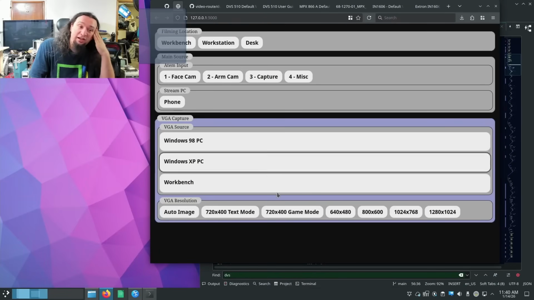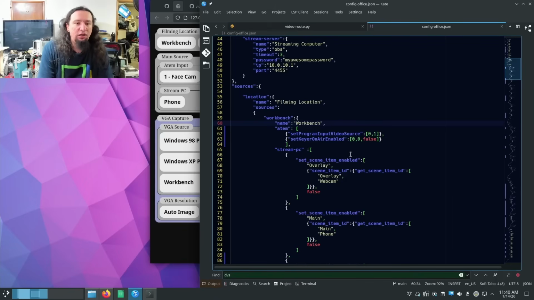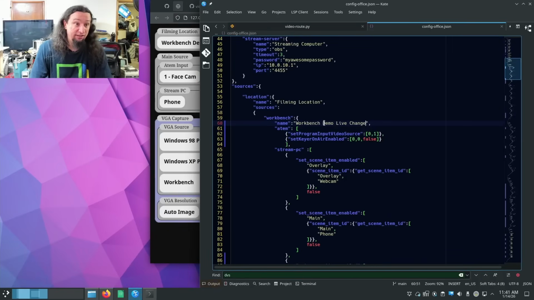Anyway, so we have these 3 big buttons up here, and you can see that they kind of do a lot of things. For Workbench, we can define the name that shows up for the button over here. And here's one of the cool things that I have done with this software. I can change the name here. So Workbench Demo Live Change. All right, all I'm gonna do is save the file and then refresh the page, and this is now changed. Every time you refresh the page, it reloads your configuration file, which is super handy when you're configuring things live, but can also bite you if you mess up the JSON formatting, because